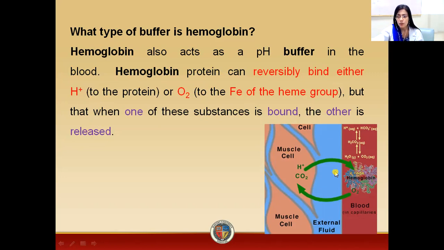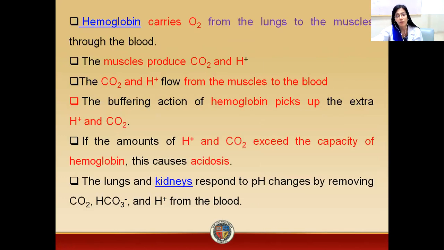This diagram is representing that hemoglobin is either binding itself with hydrogen or carbon dioxide, or it is binding itself with oxygen. It is taking oxygen to the muscles, and from the muscles it is taking the waste products, that is carbon dioxide and hydrogen ions, and delivering them towards the other system so that they can be removed from our body, or it may be delivering this carbon dioxide towards the lungs so that it may be exhaled from our body. Now let's discuss this in detail.